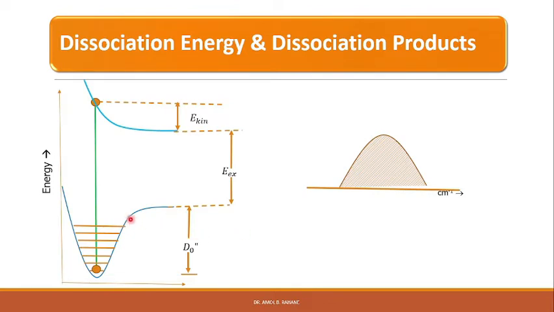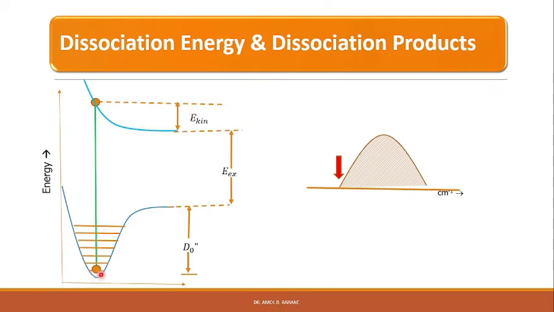Now, here we consider another case of dissociation in which the upper electronic state is unstable. That means there is no minimum in the energy curve, and as soon as a molecule is raised to this state by excitation, the molecule dissociates into products with total excitation energy E_XE. The products fly apart with kinetic energy E_kinetic, which represents the excess energy in the final state above that needed just to dissociate the molecule into separate atoms.